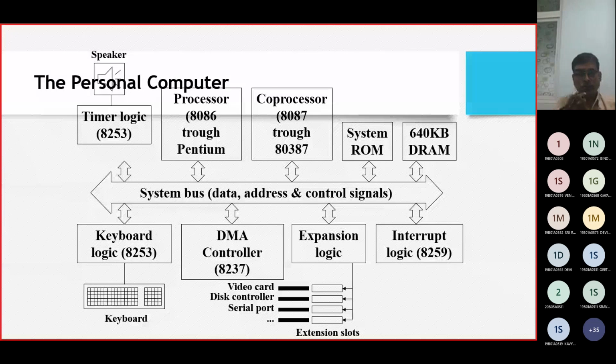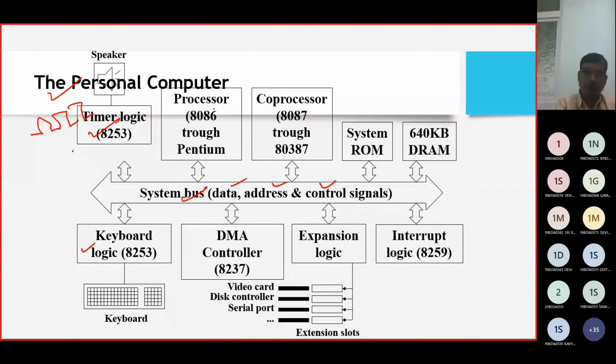After that, when we look into personal computers, this is a very abstract way of putting things. It will be with a system bus. We call it the data bus, address bus, and control bus. And thereby we have the keyboard port. Then we have the timing and synchronization, which is done in digital pulses.